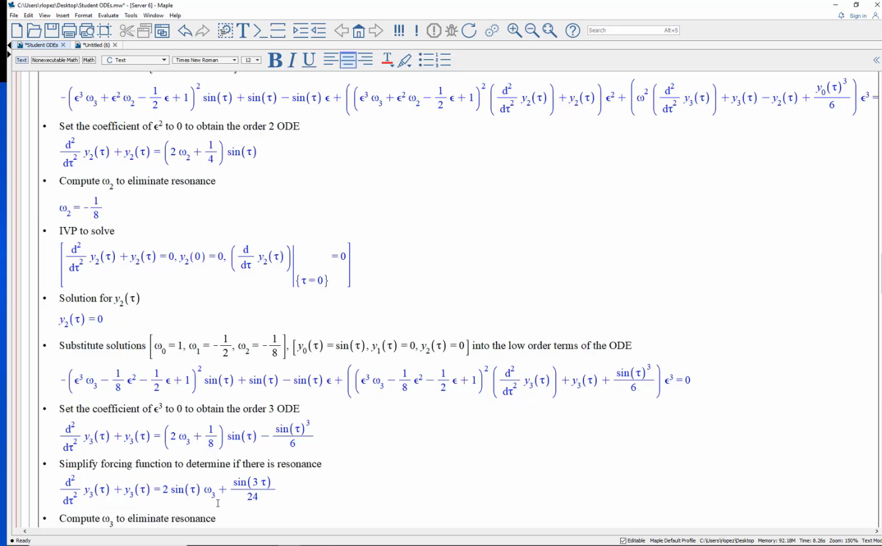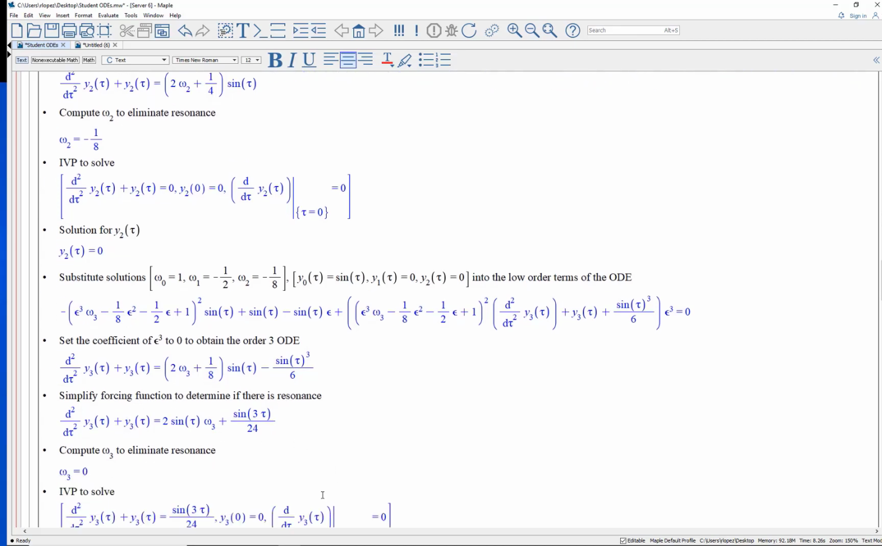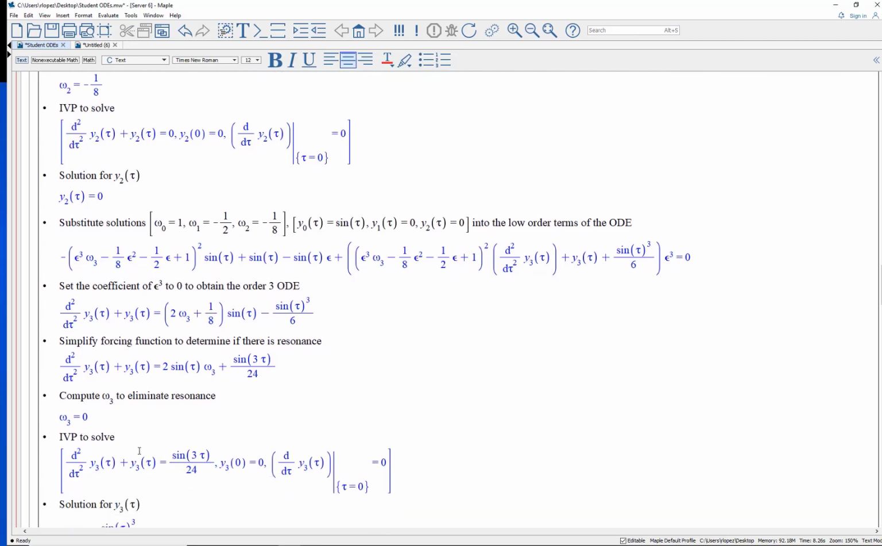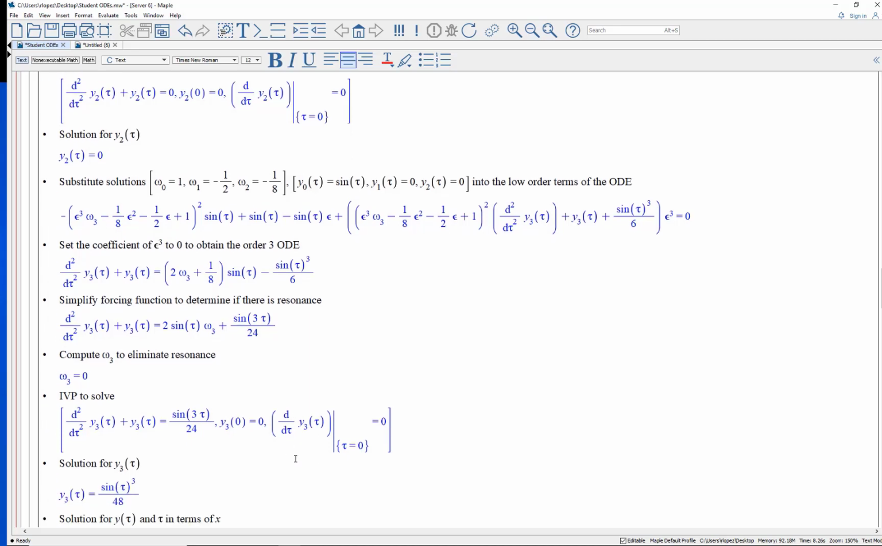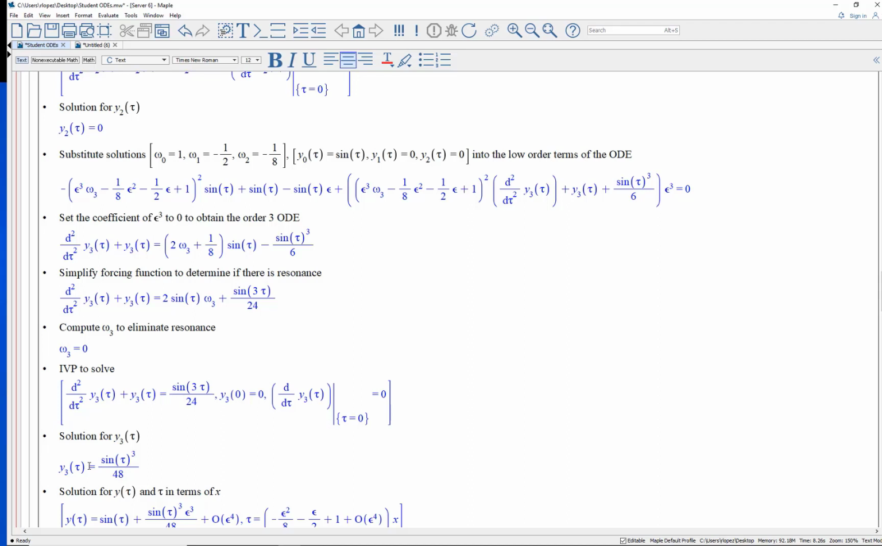And in this form, you see that if omega 3 is 0, this will kill off a secular term. This does not generate a secular term because this is not a repeat of either a sine or a cosine. So you set omega 3 equal to 0. You solve this differential equation with homogeneous initial conditions, and it will turn out that y3 is sine cubed over